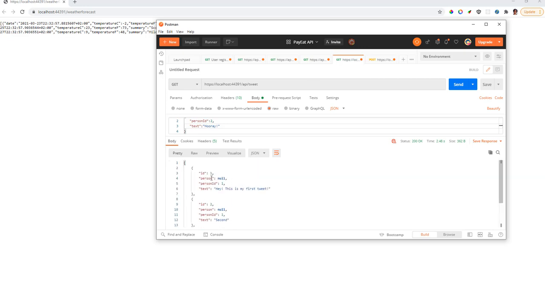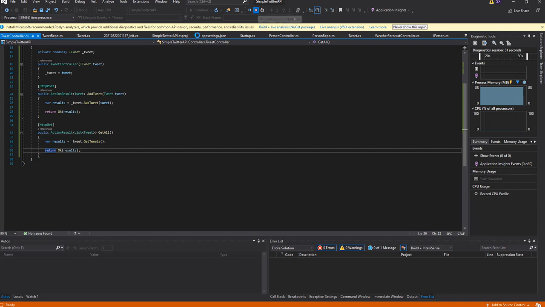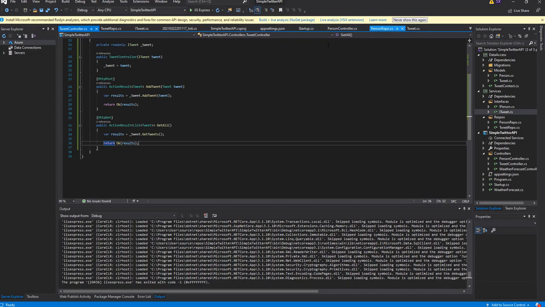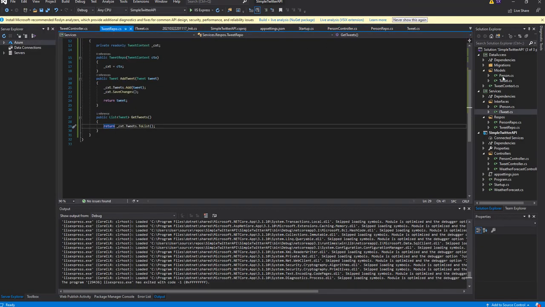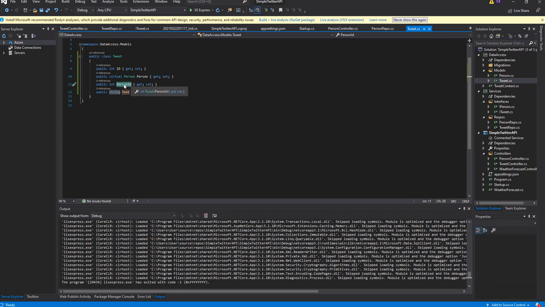I am not sure why I'm getting a null here, but I think that might be because, let me check. I'm not sure, maybe I need to fetch the data asynchronously or something. I am not sure,